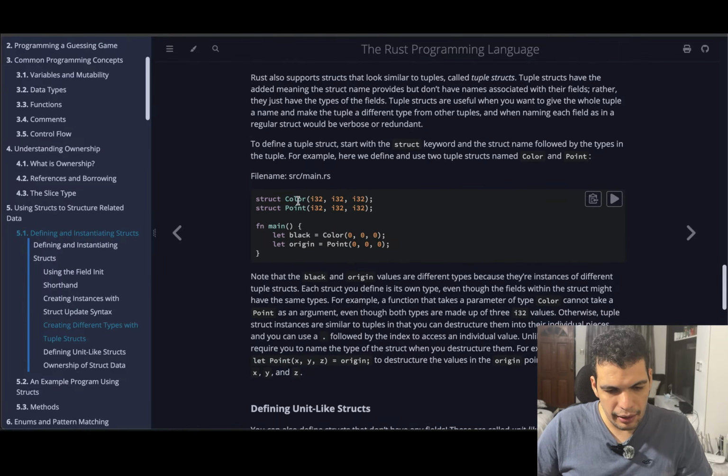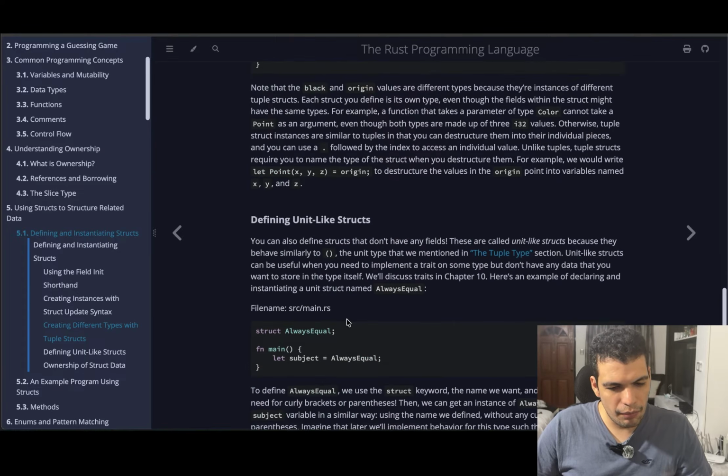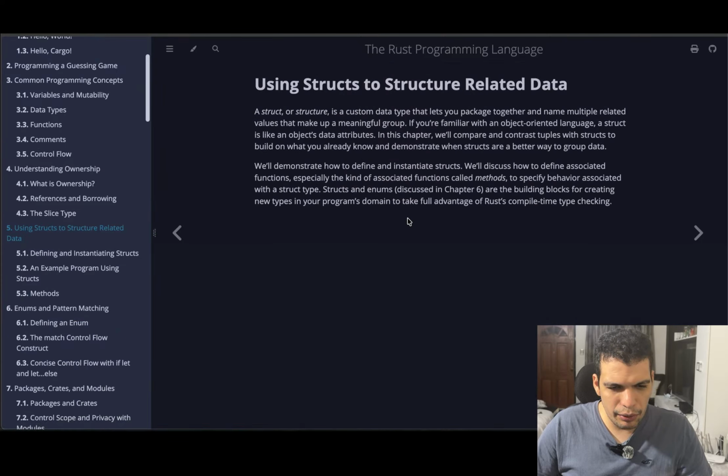Okay, let me see this. So you have struct color, struct point. So what is a struct? I mean, yeah. Let's try to define what is a struct in Rust. So a struct